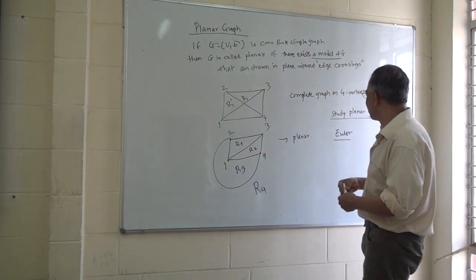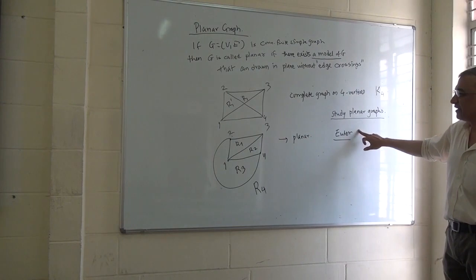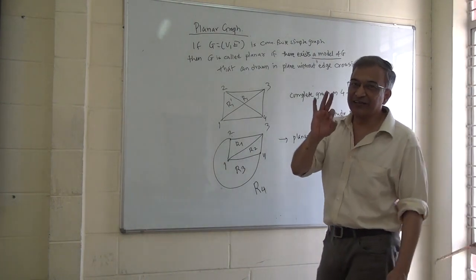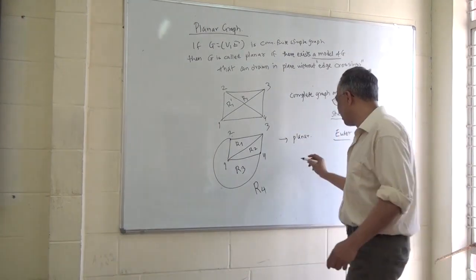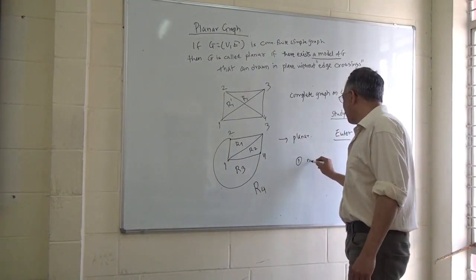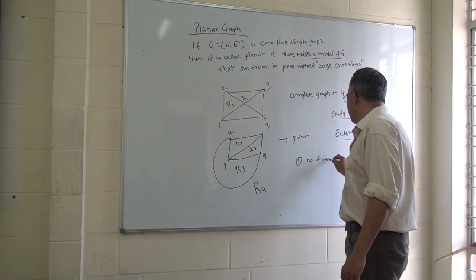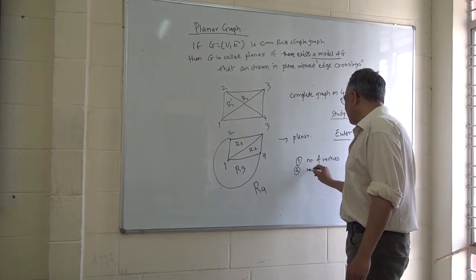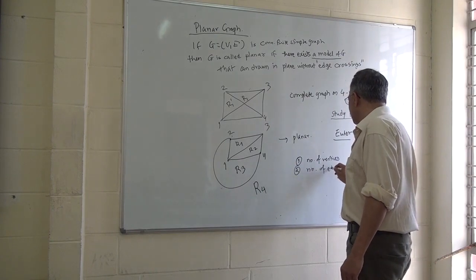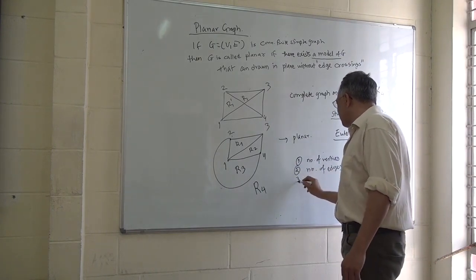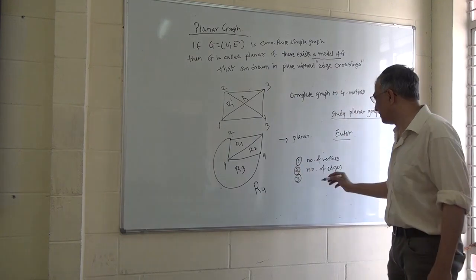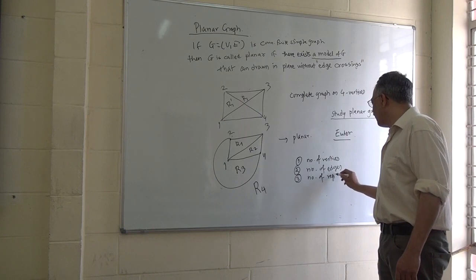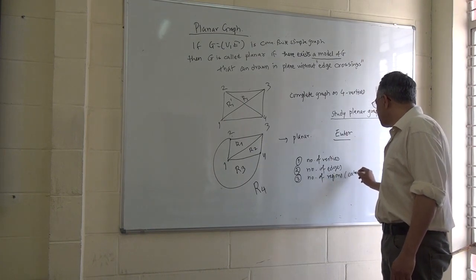So this is his fantastic observation, that whenever you have a planar graph, we can associate 3 different things to it. Number 1, the number of vertices. Of course, that you can do for any graph. Number 2, the number of edges. That also you can do for any graph. But here is the third thing that you can associate to a planar graph: the number of faces, the number of regions, called faces in maths.